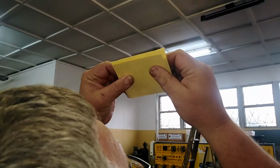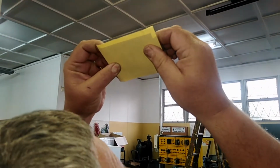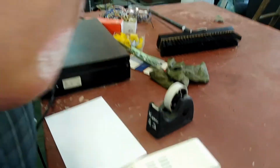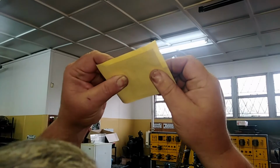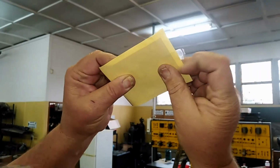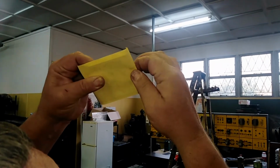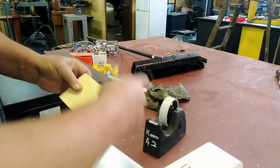And once you get it lined up nicely, you will make use of a piece of sticky tape that you will again line up, make sure it's 100% in position, stick down the sticky tape on the one side, take another piece of sticky tape, turn the board around,